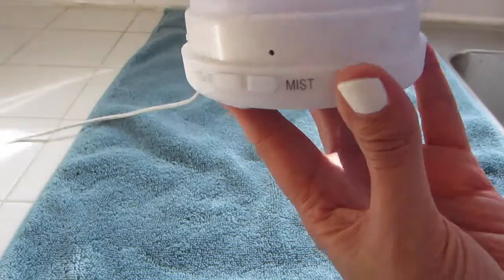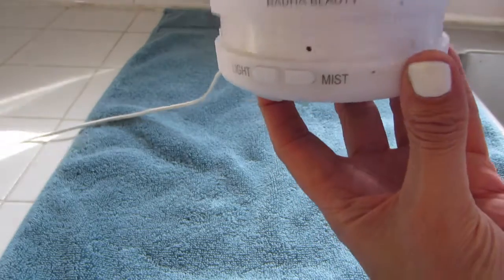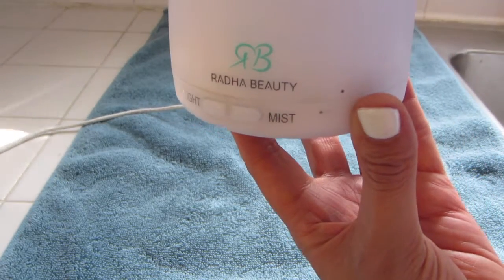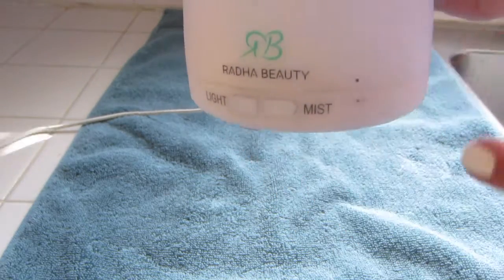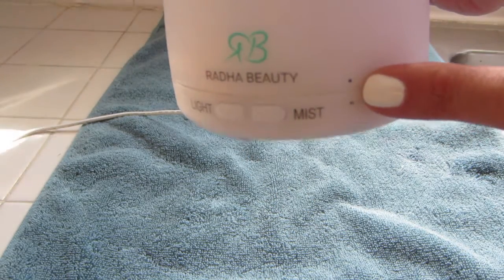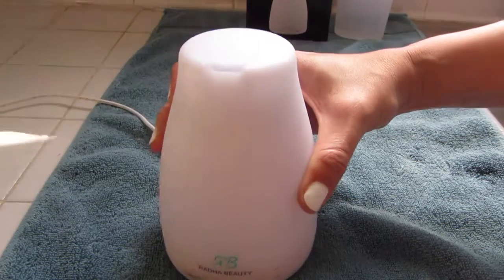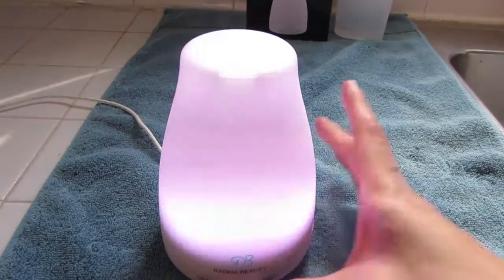So you kind of offset it, maybe like off by 1 inch. So you'll see it'll go down. So you see, and then you can lock it in place. And to lock it in place, you need to line up these 2 little dots there. So there, if you just want to do the light, you can just do